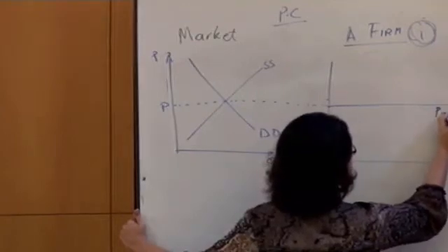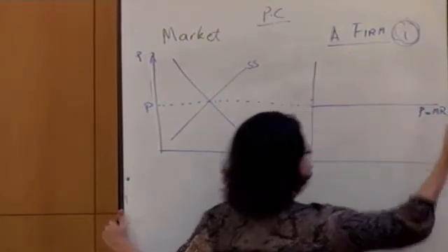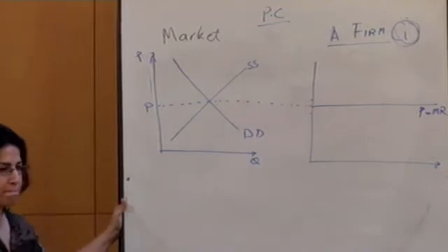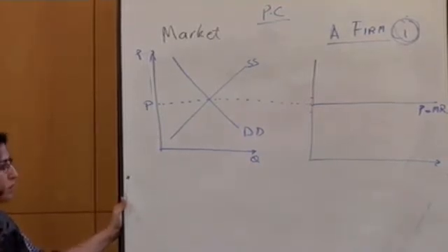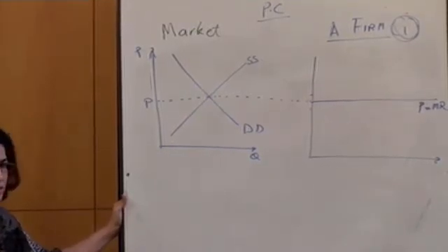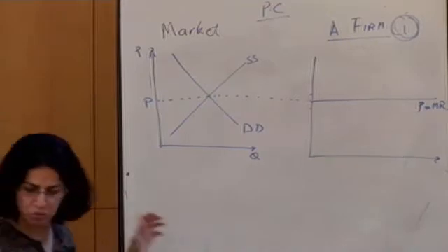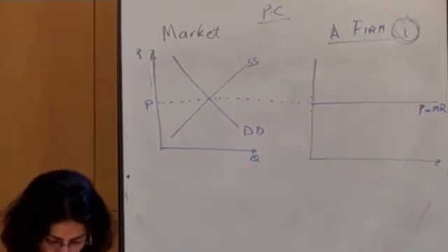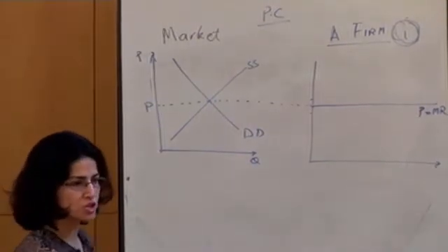Price equal to marginal revenue. This is the demand function that they're facing. Demand is the marginal revenue in this case. It's not downward sloping because they have no market power. They cannot influence the prices. So then what do we do? Well, exactly what we did before. We just superimpose the cost structure on this.